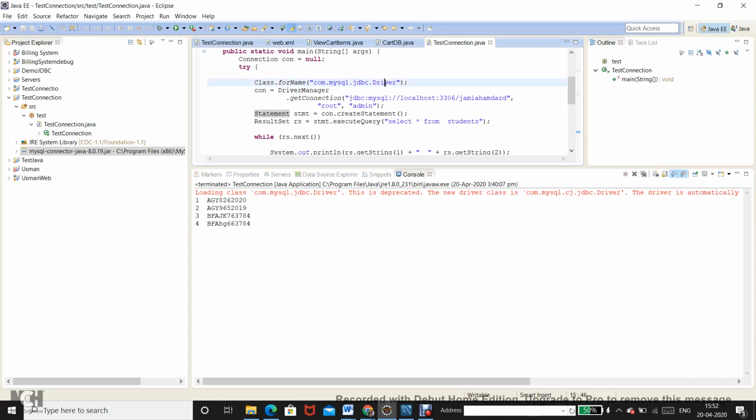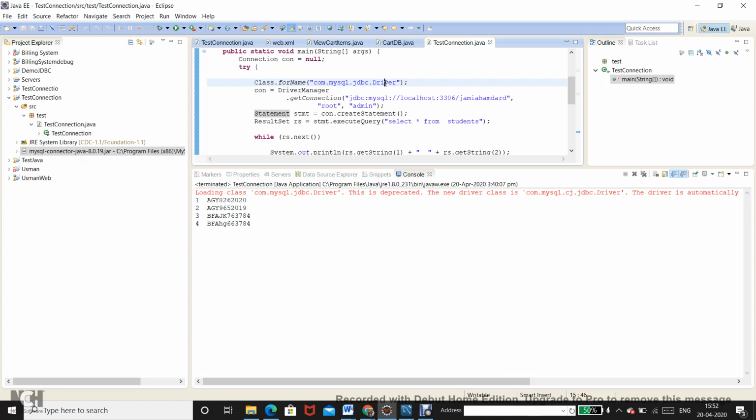As the name indicates, the driver is the one that takes control, takes charge. This Driver class is going to take charge of converting your statements and communicating them to the MySQL server, then getting the result from the MySQL server and returning it back to you.